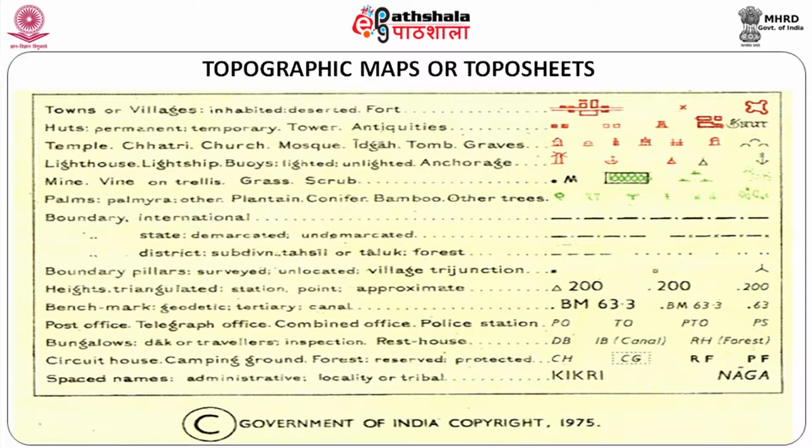When you are talking about other aspects, apart from the natural features, we also have artificial, that is man-made features. Towns and villages are purely representative in nature. Please don't get carried away when you are looking at a topo sheet indicating a small town which is drawn there. It is simply cartographic representation. It does not reflect the actual extent of the town. So that you have to bear in mind.